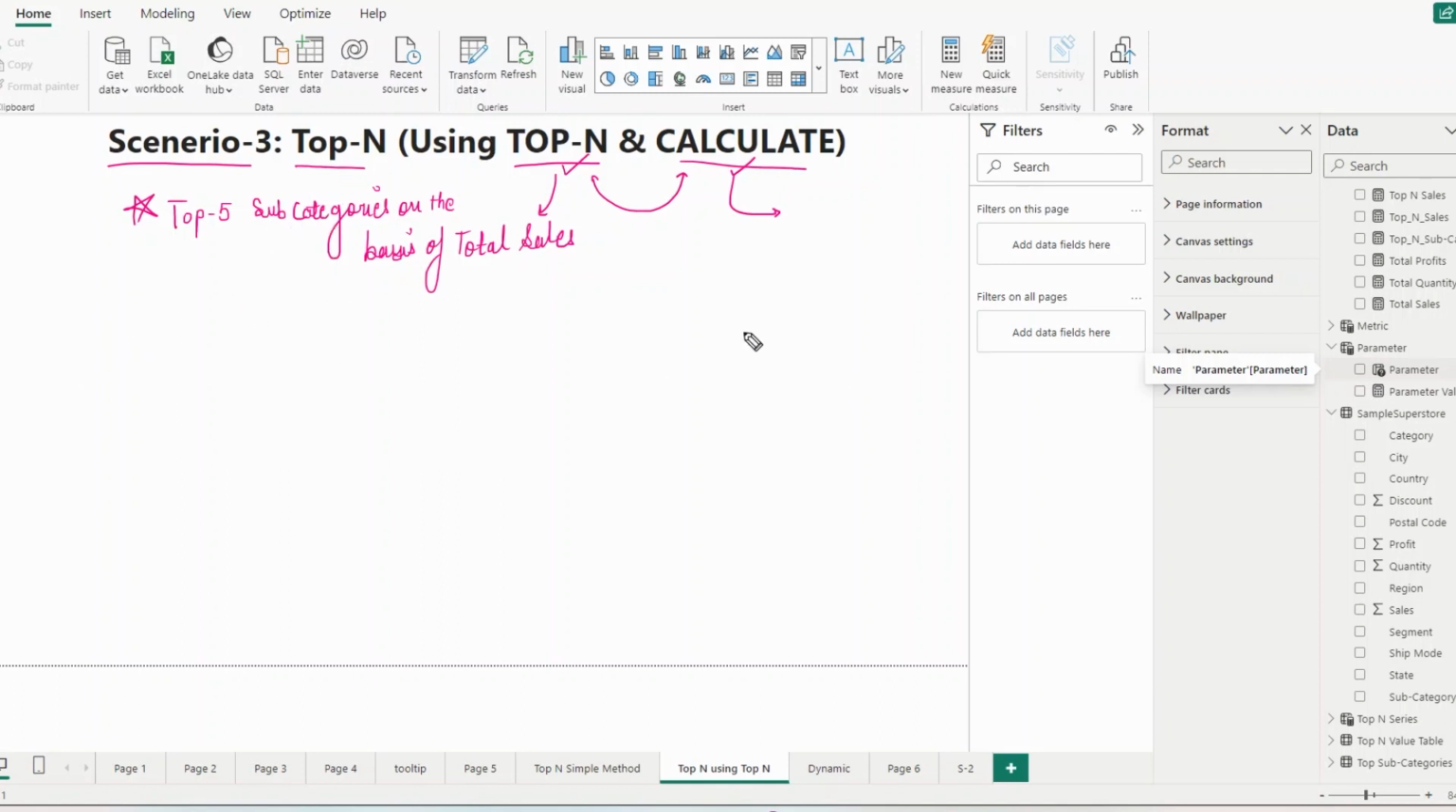So let me give you the steps we are going to follow to calculate this. Step 1 will always be the same, that is we will create a measure that will give us total sales. We have already created a measure of total sales, and you can check out the first video in this series to see how we created it. The second step will be using the CALCULATE function and the TOPN function for calculating the top 5